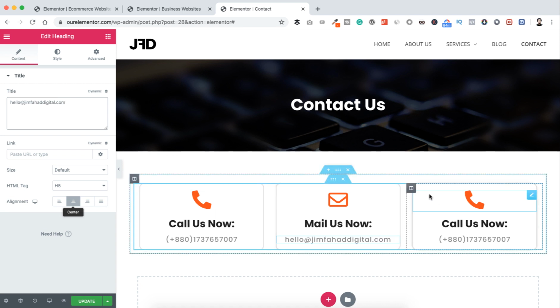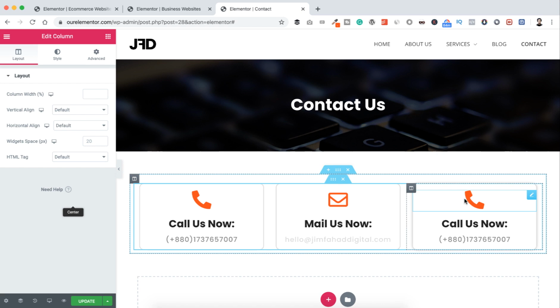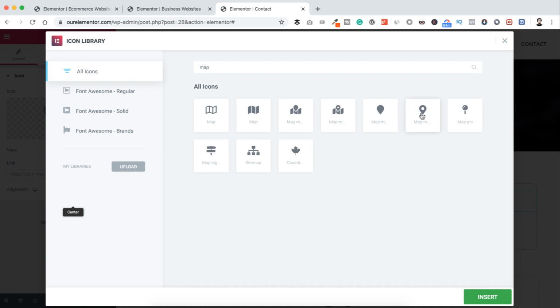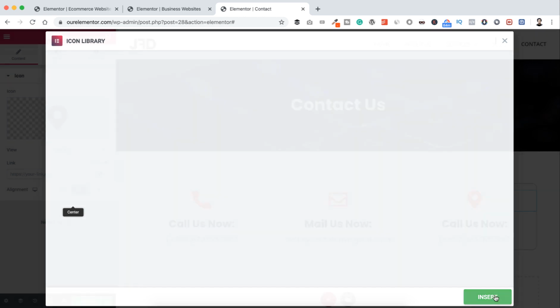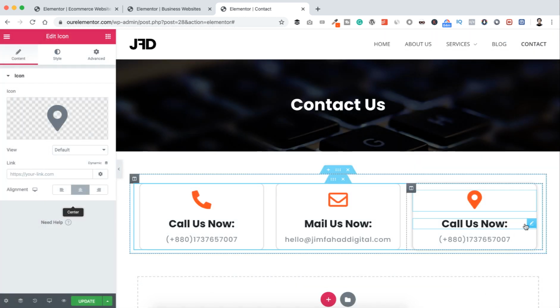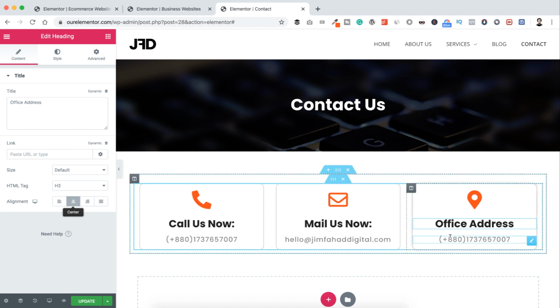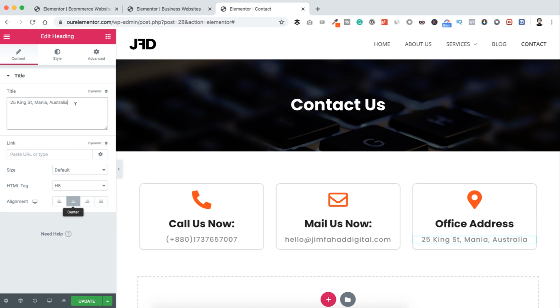Let's now edit the right one. Click on this column, and here I want to change the icon. Let's click on it. I'm searching for map. I like this pin icon. Let's insert it, and instead of call us now, I want it to say office address. Oops, it's all caps. Office address, and here I want to put my office address. All right,